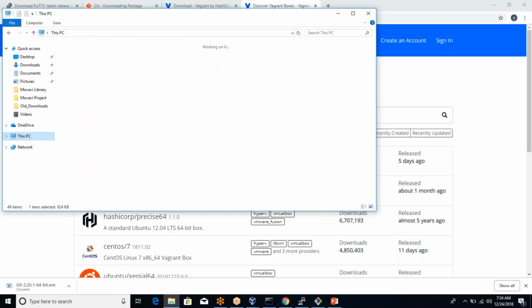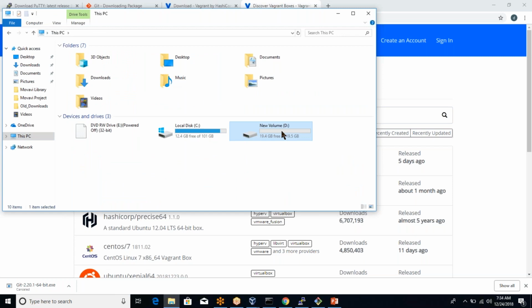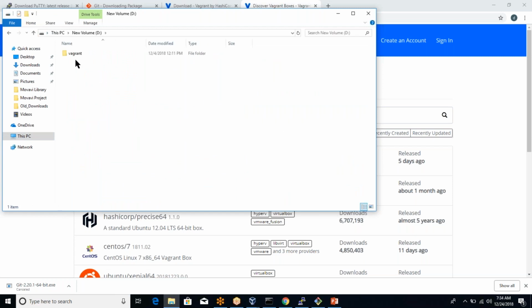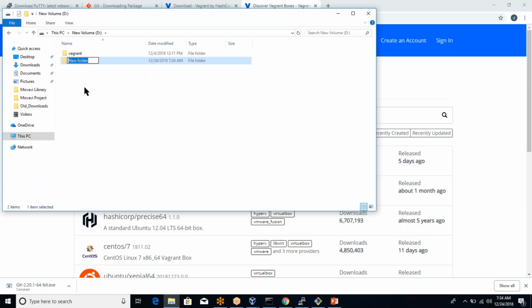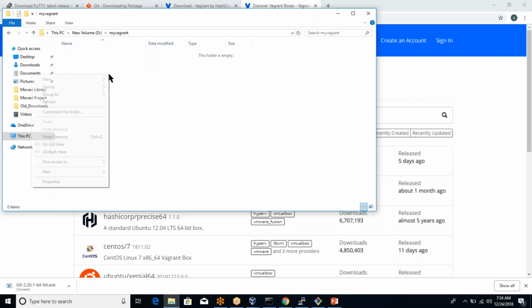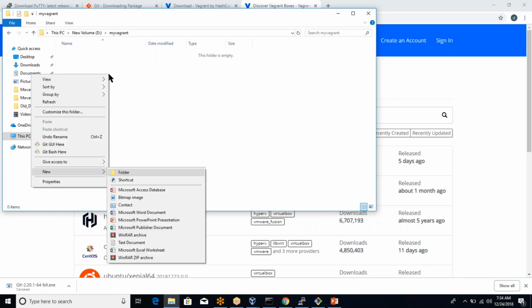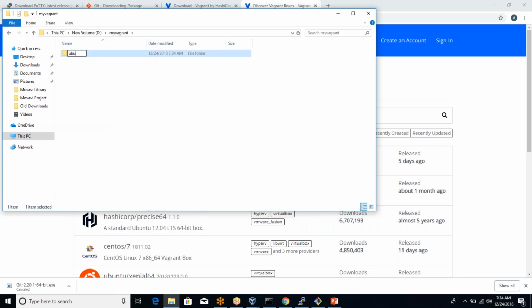So let's do one thing. Let's go to the D drive and let's create a folder, my Vagrant. In this folder, I will create another folder which says